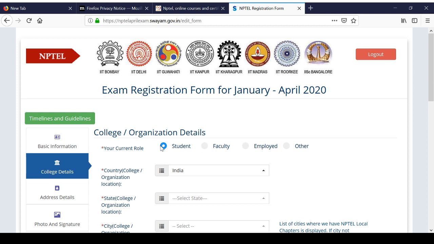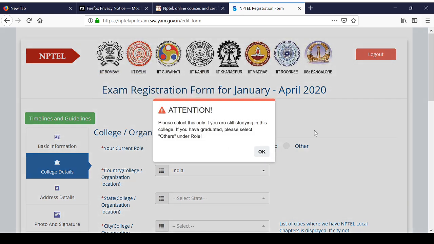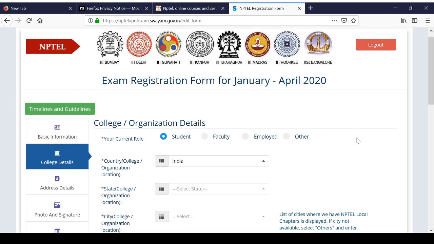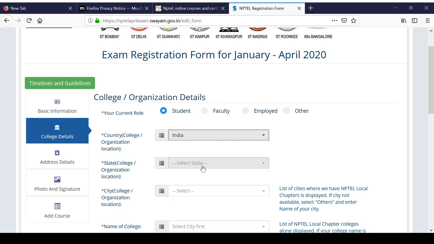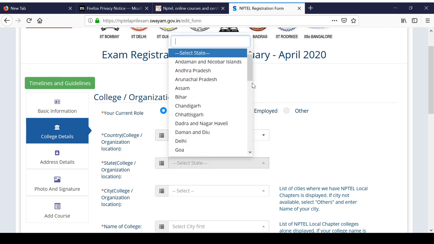Note that if you are applying for the FDP certificate, you must fill it as faculty here. If it is not filled as faculty, you will not be given the option of applying for an FDP certificate. Okay. So let us go ahead and fill the column as a student. So the country, India, state, I am